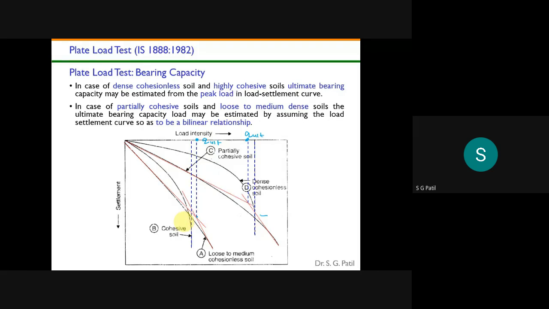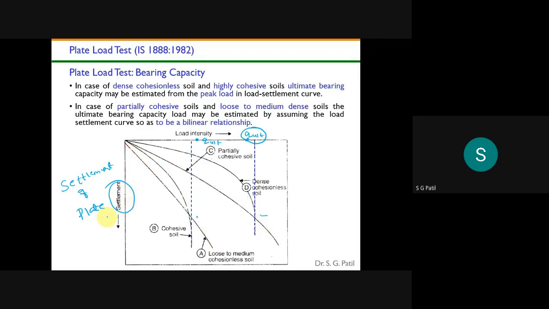So this is how we will calculate the ultimate load bearing capacity as well as the settlement. Okay, so this is the settlement of the plate, but what is the settlement of the foundation? I still don't know the settlement of the foundation. Ultimately, you are not going to build a structure on the plate, right? You have to put your foundation. So once I know the settlement of the plate, then I can extrapolate that to my foundation settlement.